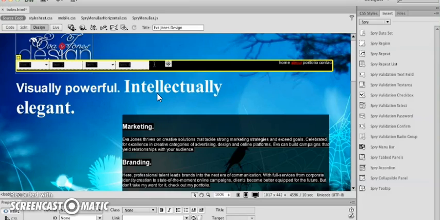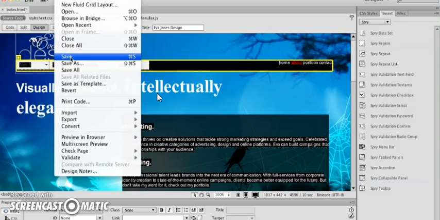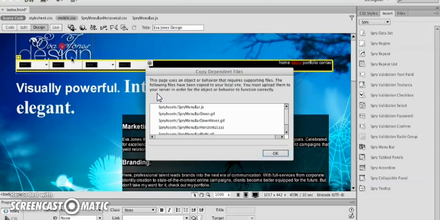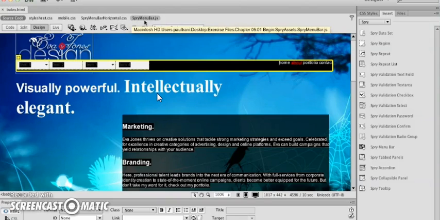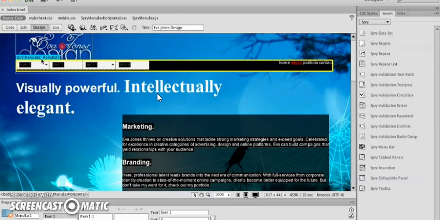And it already creates it and adds it as well. So the first thing I'm going to do is save this page, because what happens is it adds all of these various files that we didn't have to write or create or anything. So we can just add those, and notice you'll start to see this Spry menu in different places. I don't really need to worry about these files too much because it's really easy to customize by just selecting it. Selecting the Spry menu bar,